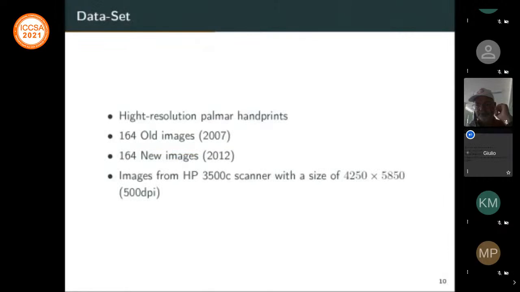Also, we have a high resolution dataset. It consists of high resolution palmar handprints, and we have 164 old images acquired in the year 2007 and 164 new images acquired in the year 2012. So we have 2 classes, and our task is to find out if an image is from the old data set or from the new one. So it's a 2-class classification problem. The images are obtained with a line scanner, and the resolution of the images is 4250 times